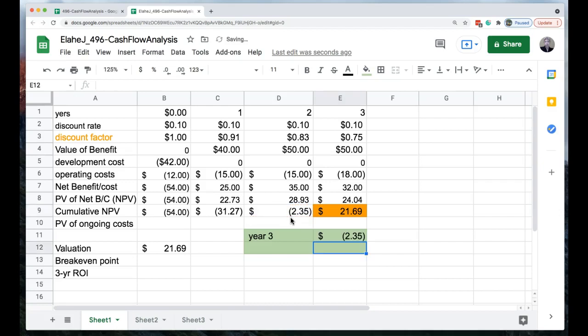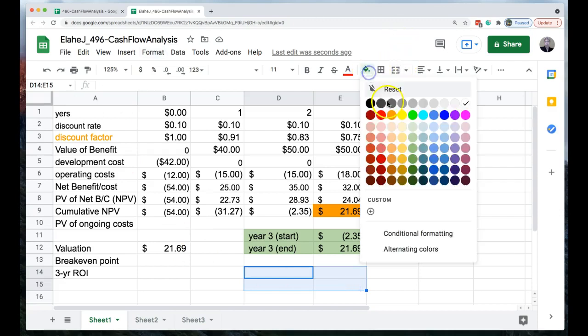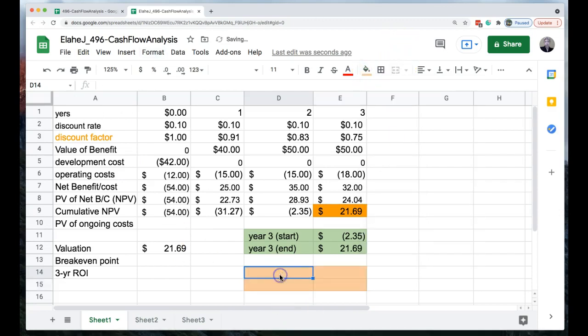Yes, I start year 3 and this is the number. Yes, that's positive. So, and I'm going to put another box down here, and I'm going to color it so we know where it is. So we're going to say total change over the year, total change in terms of dollar value